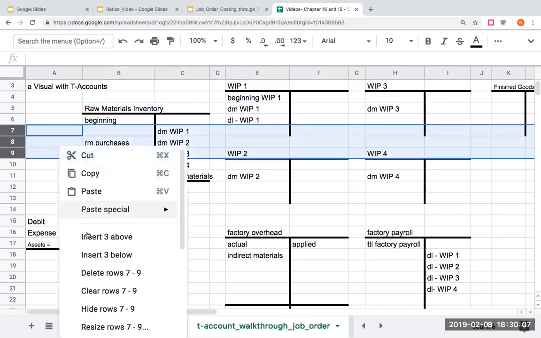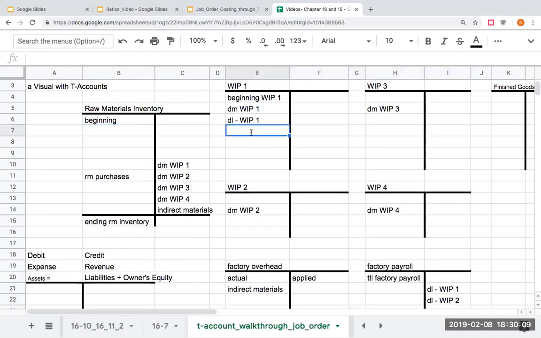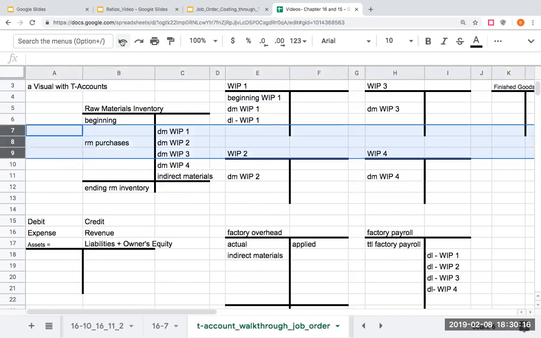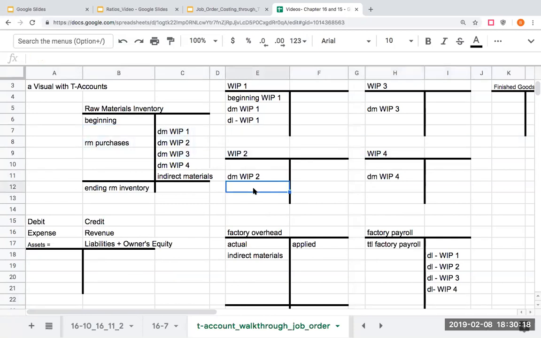I got to make some more room. Okay, there we go. So then I'm over here, I'm going to have work in process. No, I actually didn't have to do that. Good job, Tchaikovsky. Okay. So I've got my direct materials work in process 2, direct labor work in process 2,